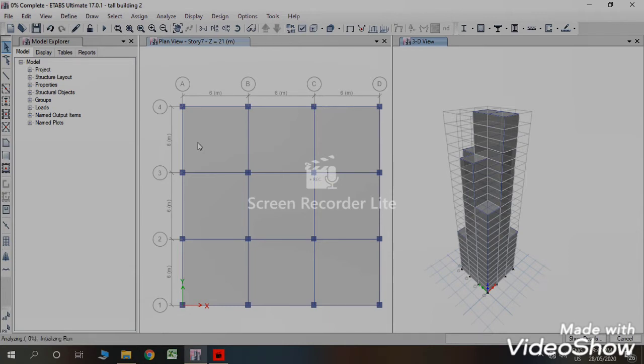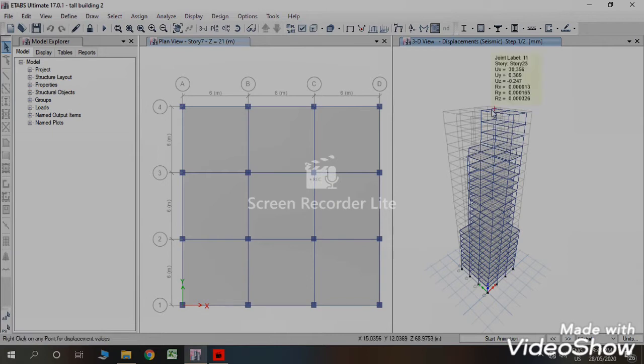Analysis will take some time as there are many elements in building. Here we can see analysis is done, and in this 3D view we can see displacement in mm.